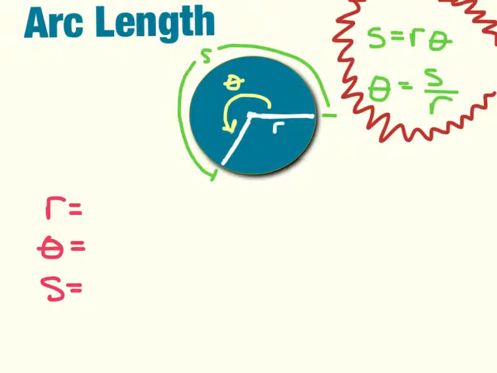Alright, arc length. So we can find arc length, this distance around the circle, using s equals r times theta, or we can solve for the central angle, theta equals s over r. So that r is my radius, theta is the central angle in radians,